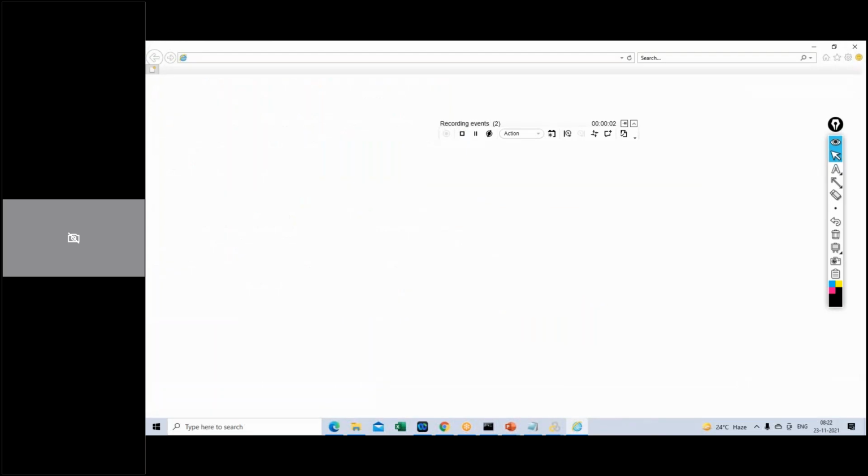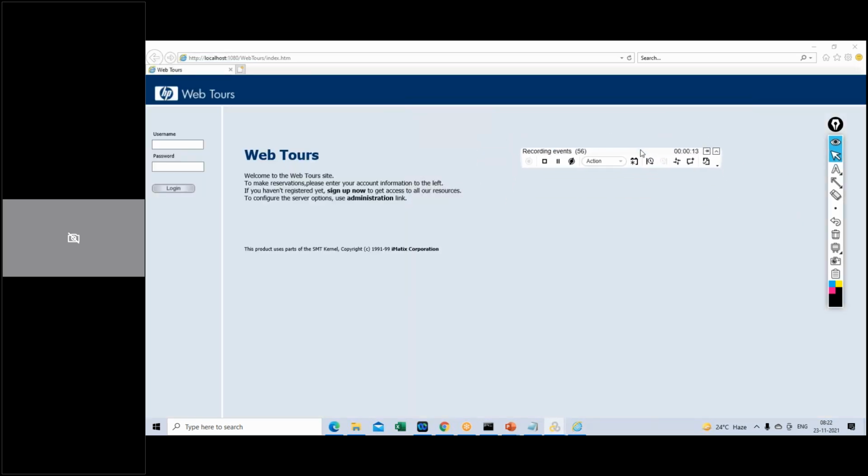How do you calculate the response times on a high level? As soon as you click on record, a movable window will come up here. On this movable window, you see a number that keeps on increasing, which is a good sign. That means this tool is able to capture the data, or the traffic, for this application.